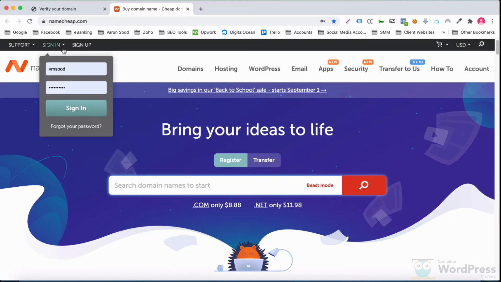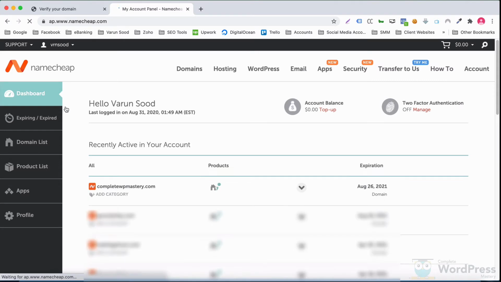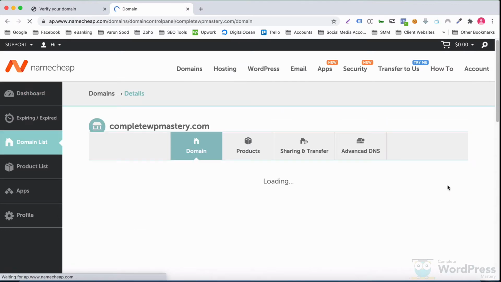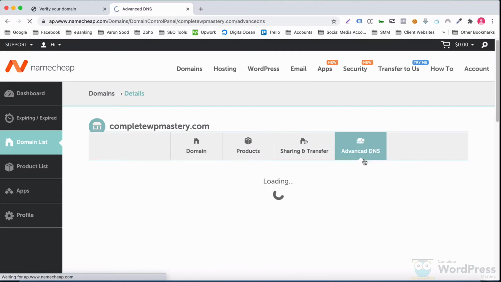Let's log in, and visit the Advanced DNS tab for our domain.